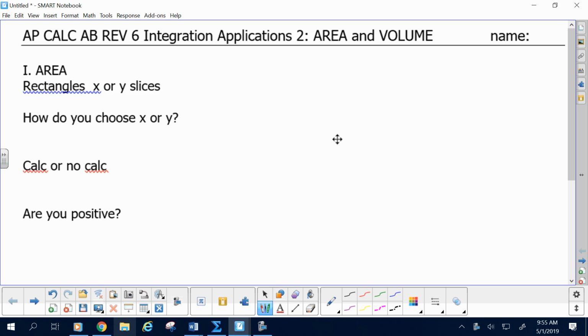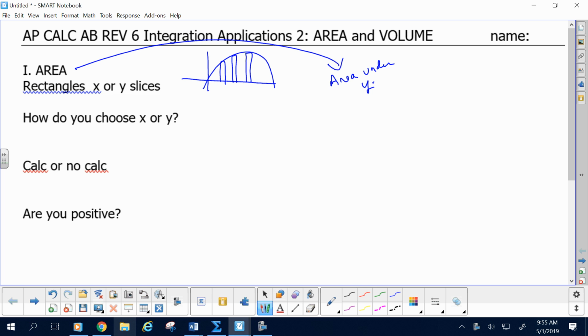So remember, the idea is area: calculus finds area under a curve by rectangles. And please read carefully. There's a difference between area under y equals 4 minus x squared and the x-axis, versus, let's say, area between